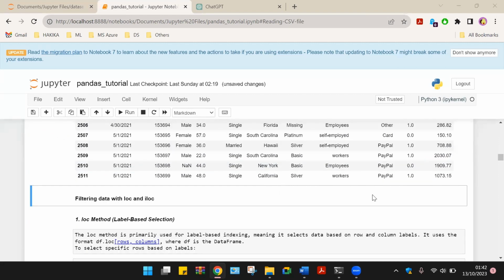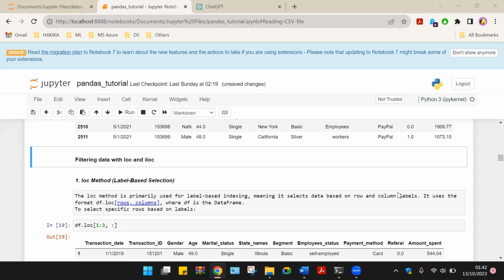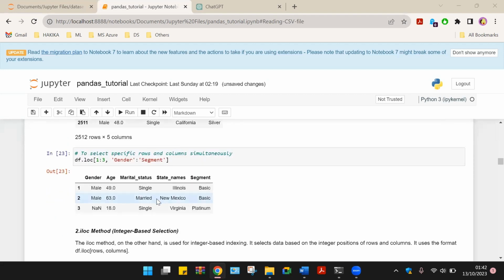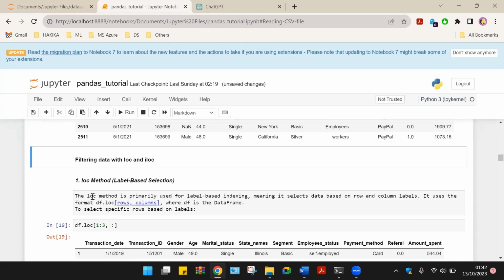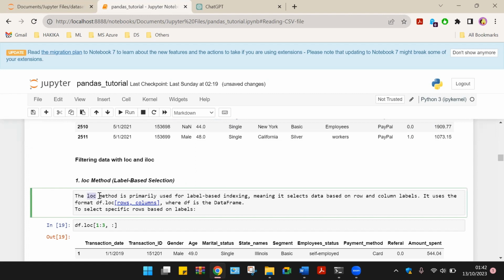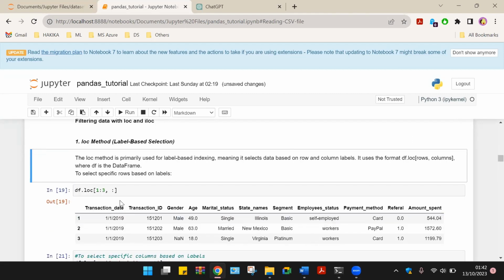Let me now introduce you to filtering the data frames using the loc and iloc. These are basically 2 methods for indexing, one based on labels, and the second one based on the index. I personally like to use the loc method, as the location method, because it helps you to locate specific entries that you are interested in. For example,